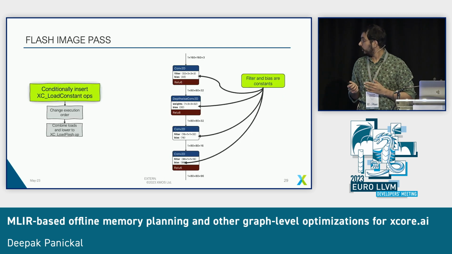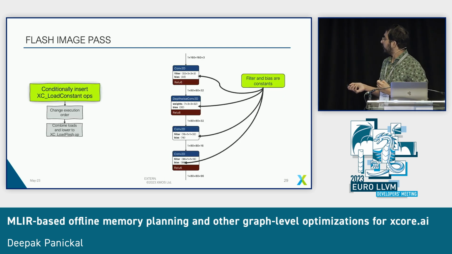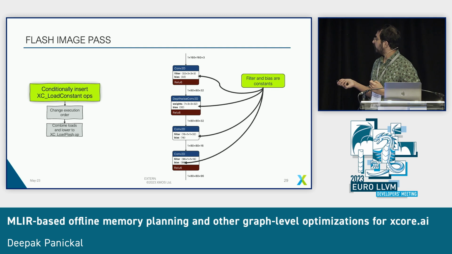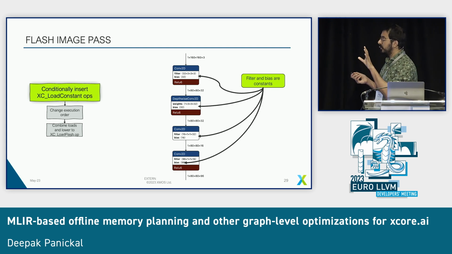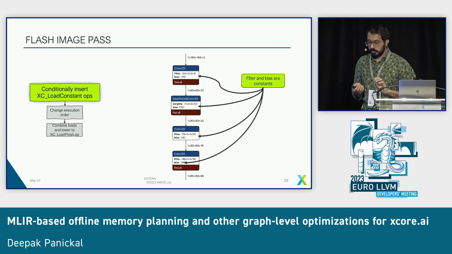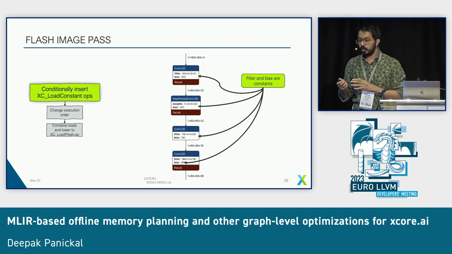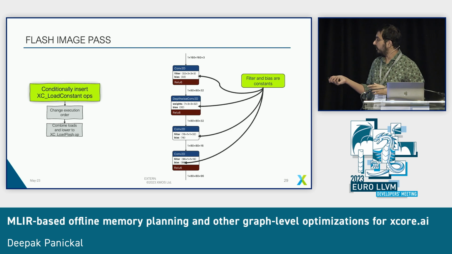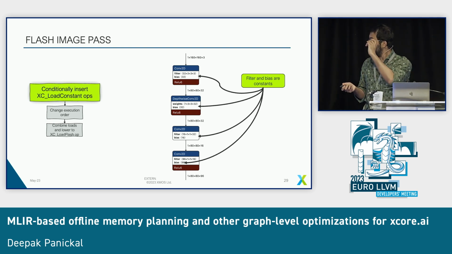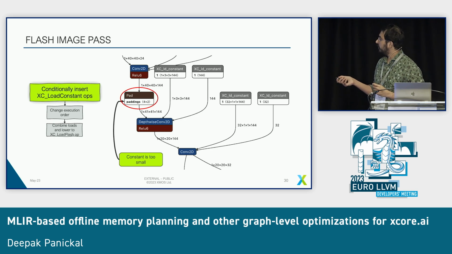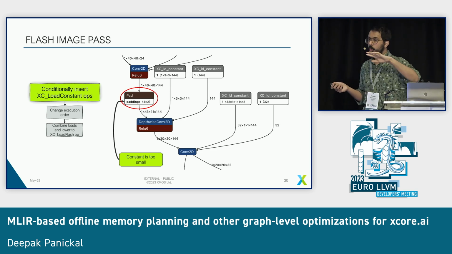So moving on to the algorithm, here you can see that filter and bias are constants. So that would be an example of something that we want to move to flash. So we conditionally insert xe load constant ops. That is an op that we have in the xcore dialect. And the condition here is that we decide which ones we want to lower,